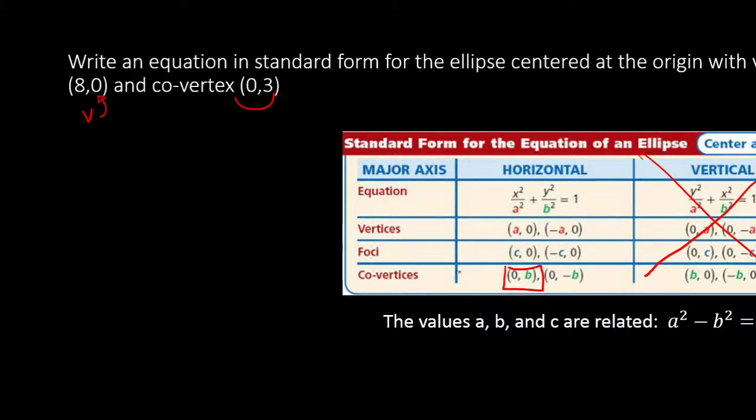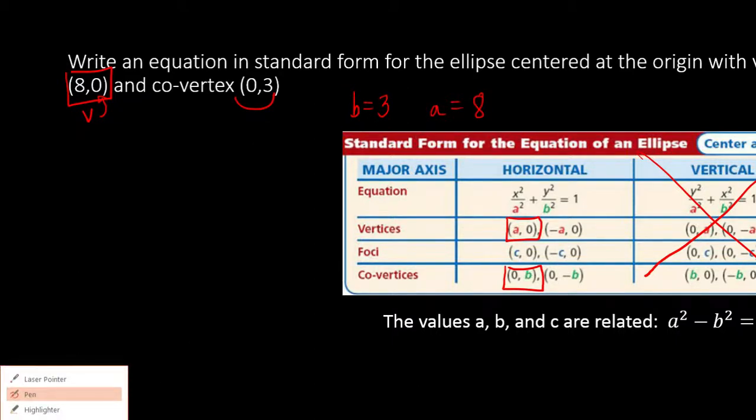We know that 3 is the y value of our co-vertex, meaning that 3 is equal to b. We also have our vertex. We know that 8 is the x value of the vertex. So if 8 is the x value, then 8 is equal to a. Since all we need are a and b in order to define this equation,